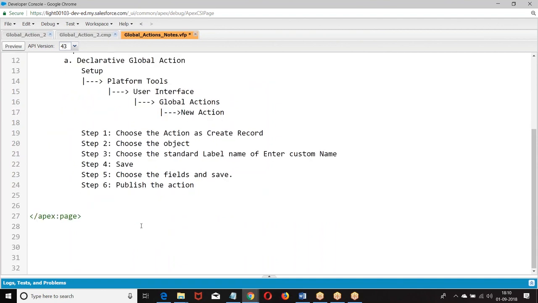When you want to publish the action, what is the navigation again? Setup, same story.